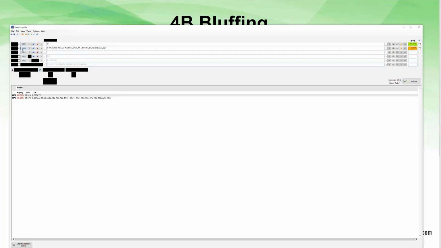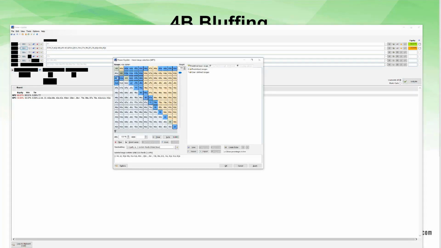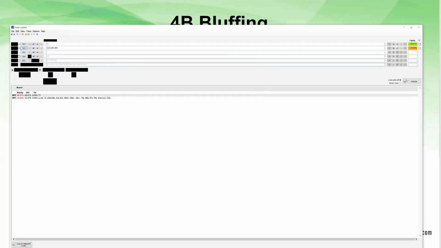Let's look at the 4-bet range. So if they only 4-bet with queens, kings, aces, and ace king, you only have 36% equity. So you need to be getting roughly 2-1 on your money for a break-even call.